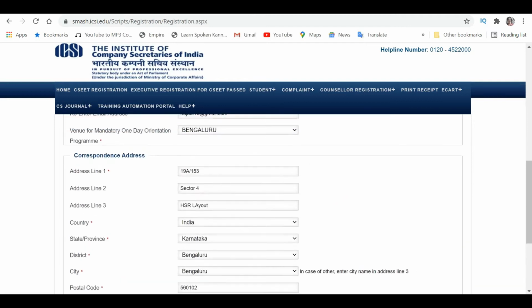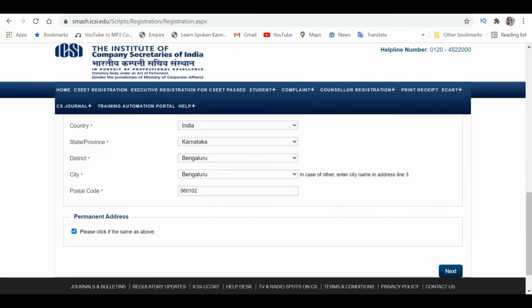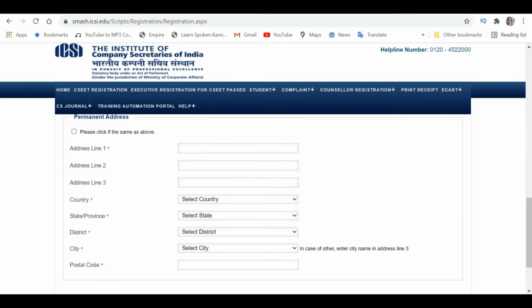The next one is your correspondence address. So there is a difference between your correspondence address as well as your permanent address, friends. Your permanent address could be wherever your native place or wherever you come from, and your correspondence address could simply be wherever you are currently staying right now. So there are many students who have traveled to different states for the purpose of education or college or whatever it is. So if you are living elsewhere but then you have a permanent address elsewhere, then you can go ahead and you can type out the two different sets of address.